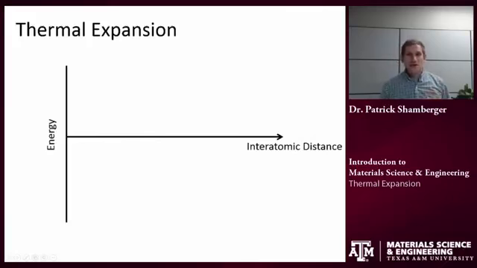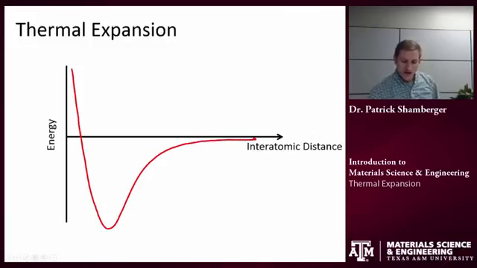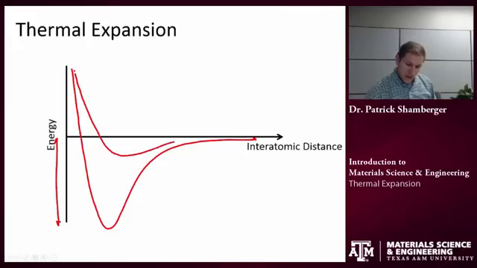Let's compare two materials. One has a relatively strong bond, and strong bonds are given by relatively large energy wells, right? So the other bond will be relatively weak. One example would be something like diamond or tungsten, a very refractory material with a really high melting point. Something with a weak bond would maybe be the van der Waals bonding in between polymer chains. Now, if we do this same procedure, if we heat the material up in both cases,